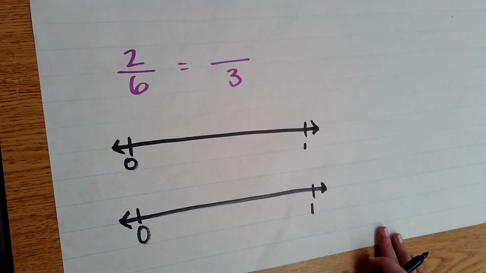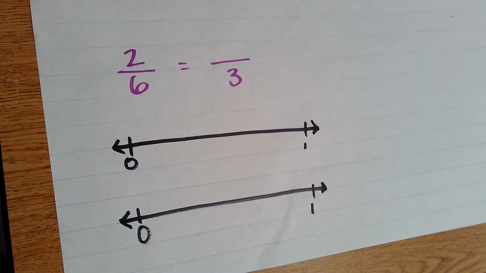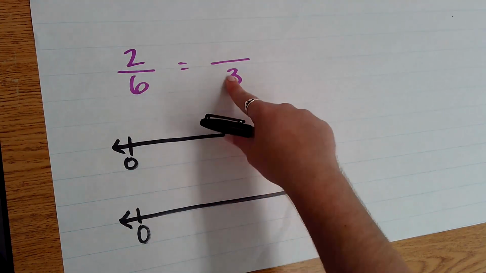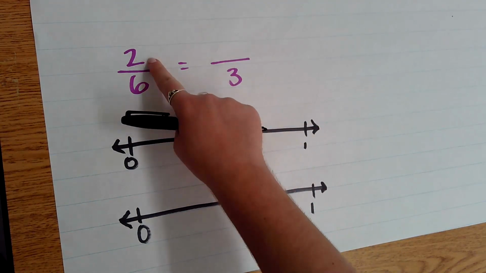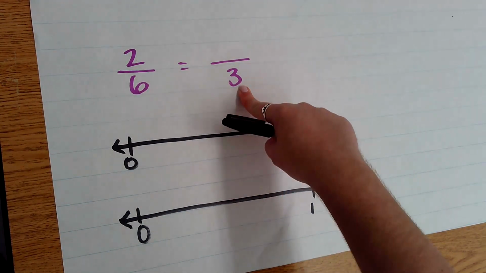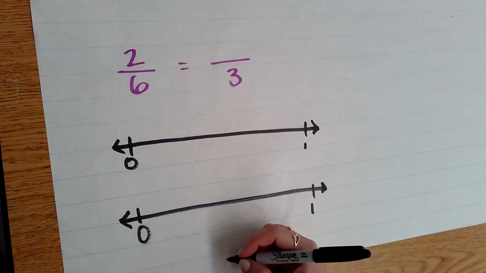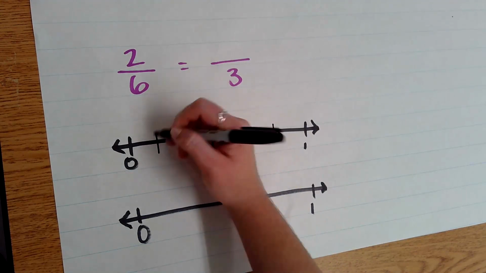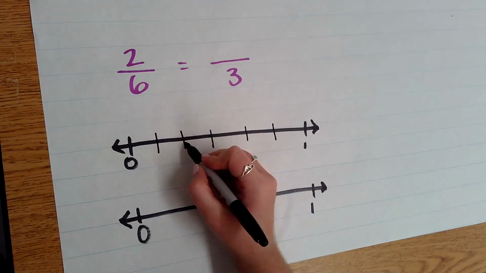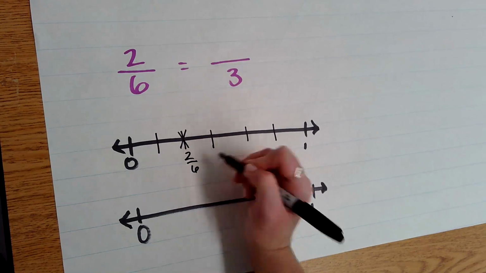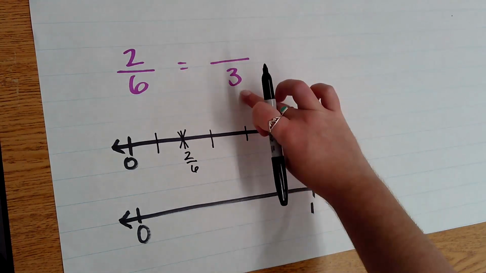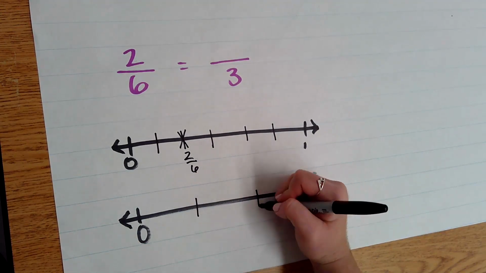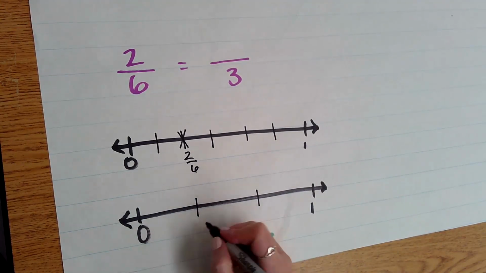And just like my comparing fractions, I can also use a number line for equivalent fractions. I'm trying to find how many sixths and thirds are equivalent to each other. I have 2/6 is equivalent to some amount of thirds. On my first number line, I'm going to split it up into 6 pieces, and I'm looking for 2/6, 1/6, 2/6 right here. And then my second number line, I do have my denominator, so I know that I need to have 3 pieces about the same size. And I'm looking for thirds, 1/3,